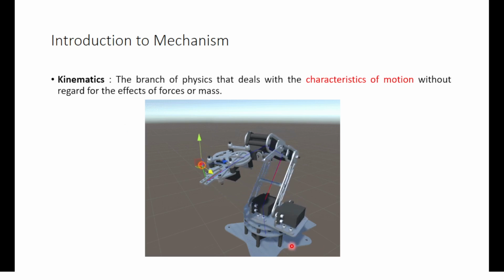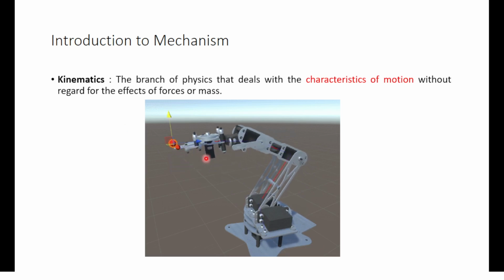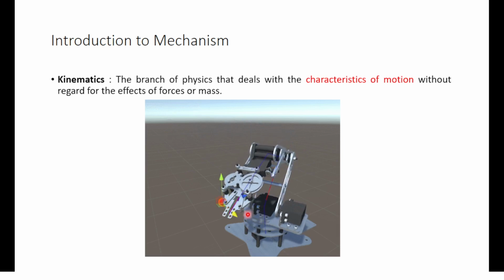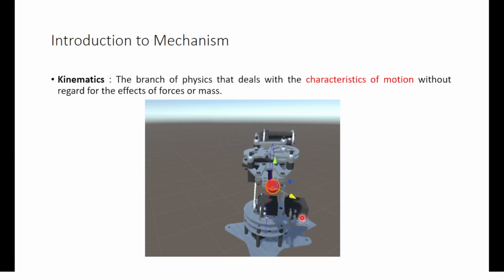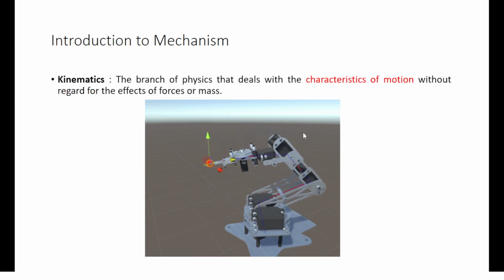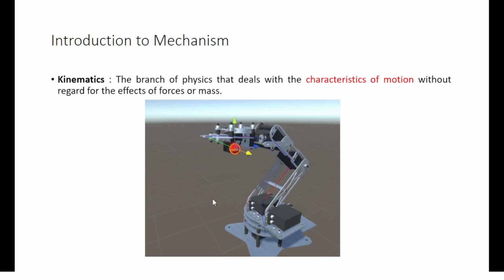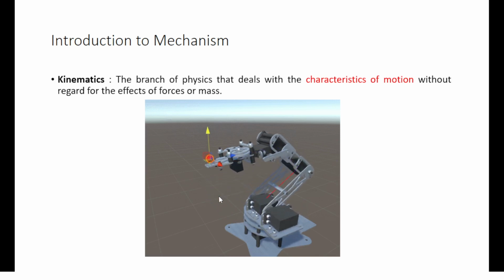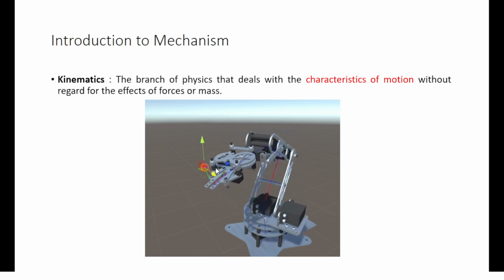So this is the best example of what exactly kinetics is. In this image, this is one link, or we can say a hand, of this automated robot. Under kinematics we will only deal with the position and velocity, or we can say the characteristics of motion. But in the case of kinetics we also have to deal with the force, the weight of that particular object which we have to carry, according to which a sufficient amount of strength should be given to each link of that particular robot.